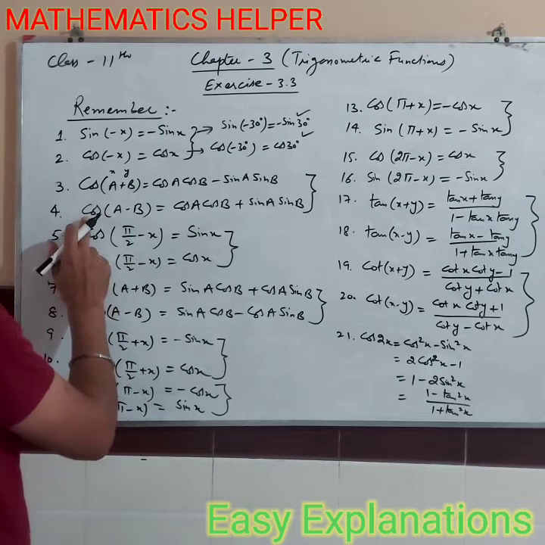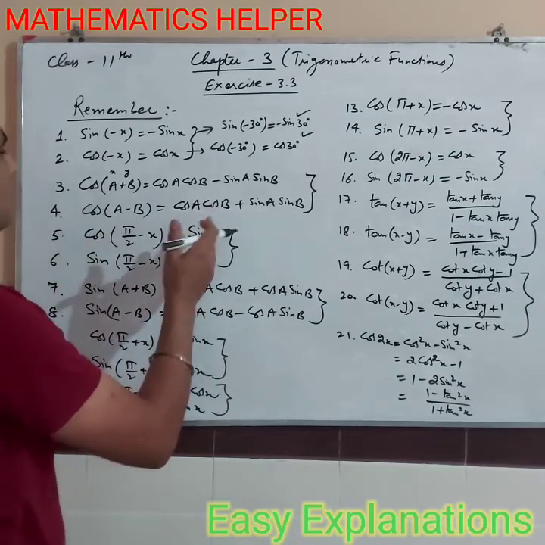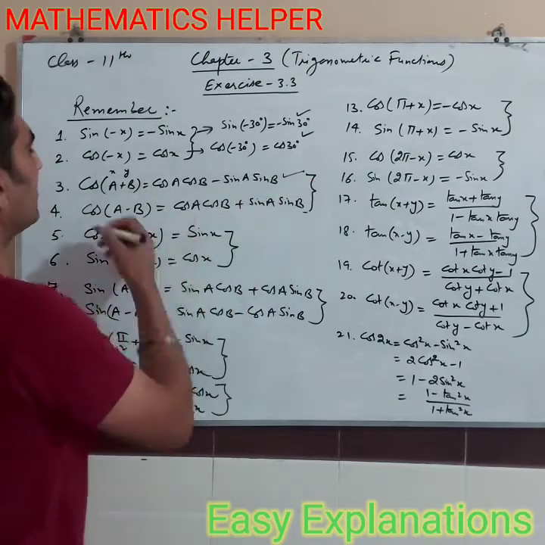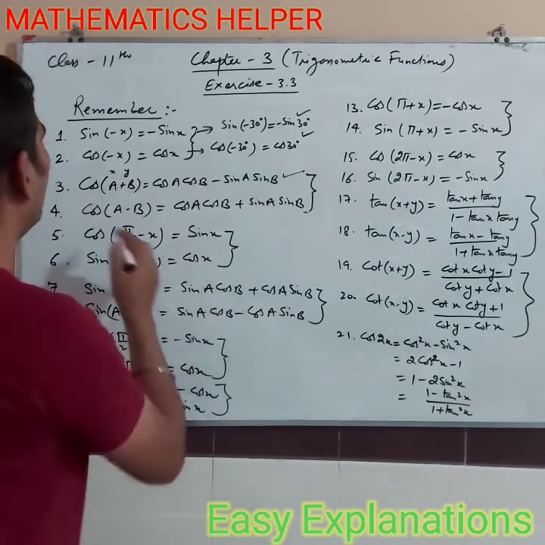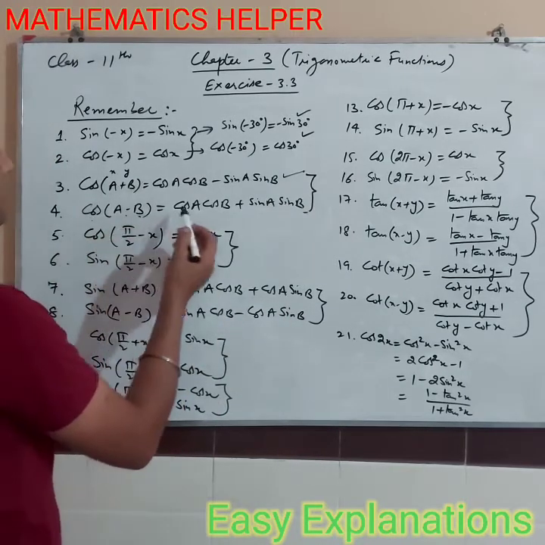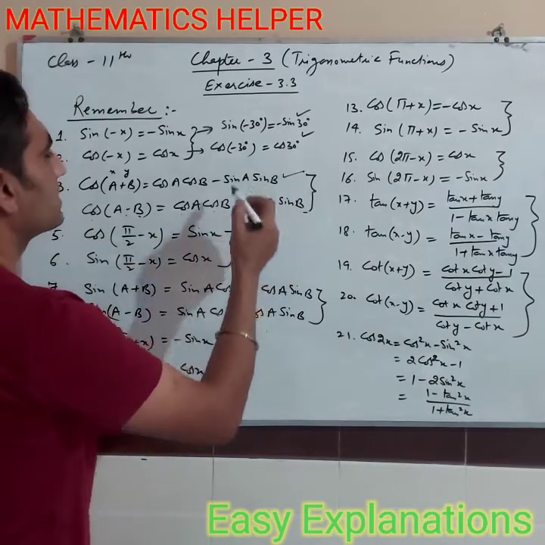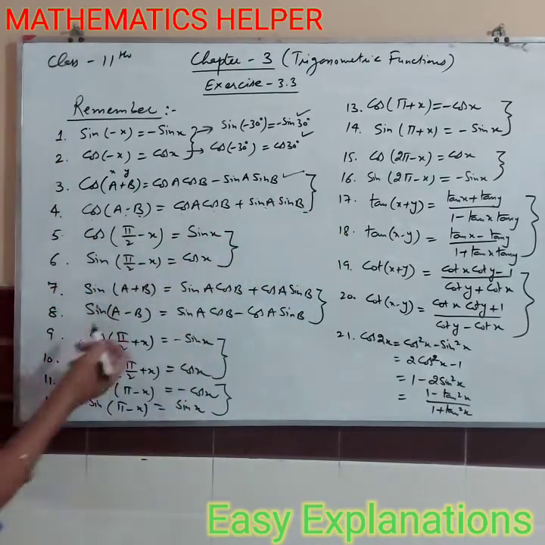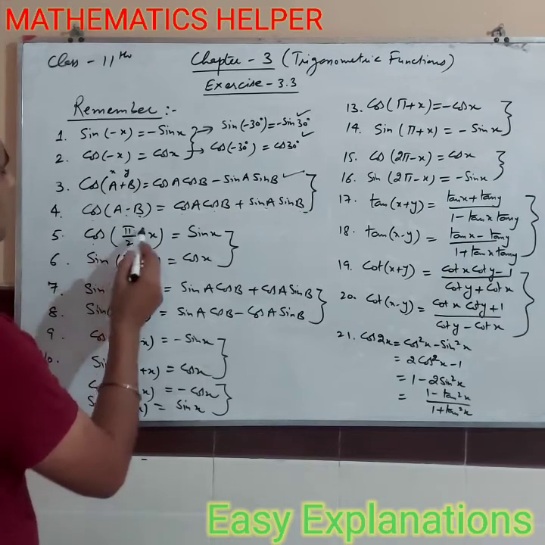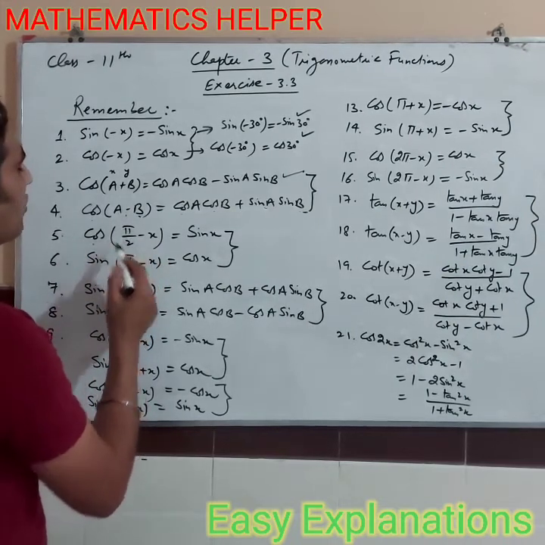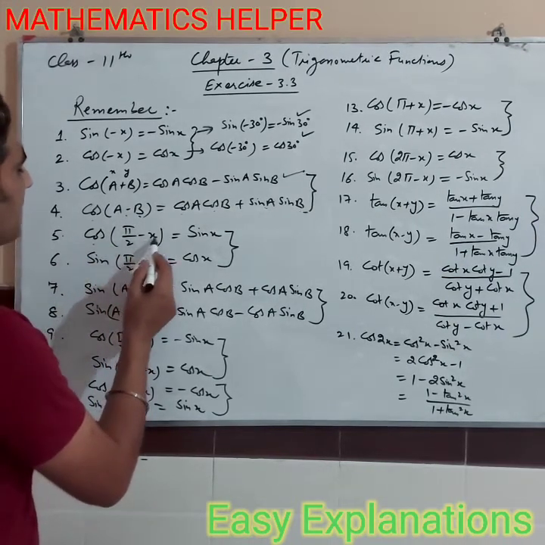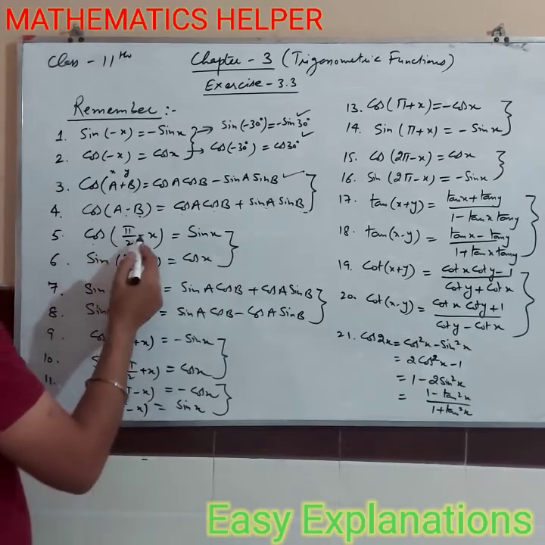So similarly here, cos A minus B. It is very simple. Just remember one formula, the other you can form by yourself. So cos A minus B is cos A cos B, then the opposite sign, plus sin A sin B. So remember these formulas. Fifth one, cos of 90 degrees minus x, or pi over 2 minus x, or 90 degrees minus